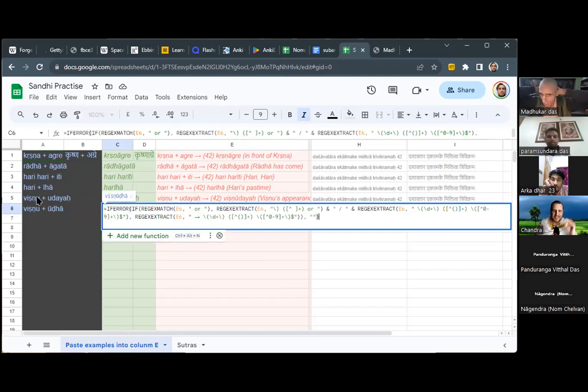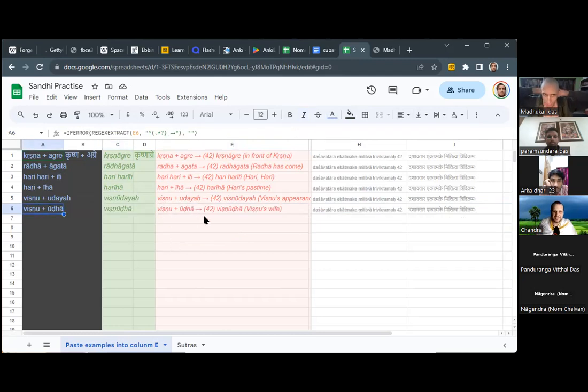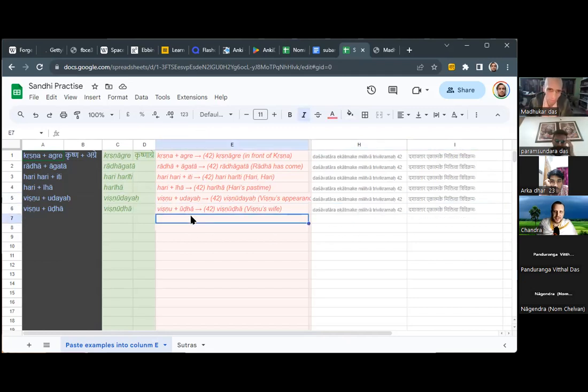So it just basically extracts each part, and this just extracts the beginning of the string. This extracts the middle word, and it extracts the number and looks up the appropriate sutra here. So if someone wants to go through and actually cut and paste all those sutras in, then I can export those into Anki and have a whole set ready.